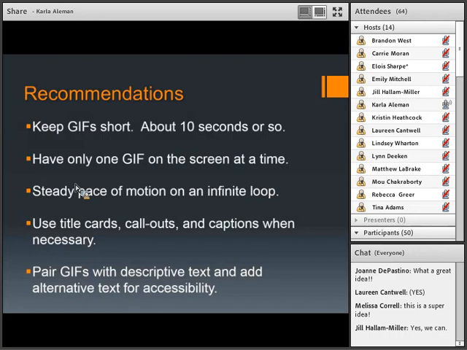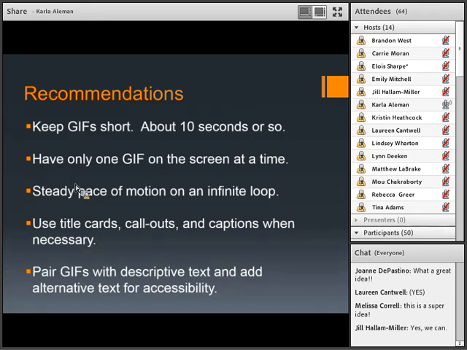These are animated images that are supposed to loop indefinitely, and there are options to limit that. But generally, it's about 10 seconds or so. You can go longer if you have interesting creative ways of doing that. But I also recommend that you limit them to about 1 per screen. I think a lot of us, particularly on Tumblr, are used to having a bunch of GIFs at the same time, but they're usually showing stuff that we are familiar with, like images from our favorite TV show,